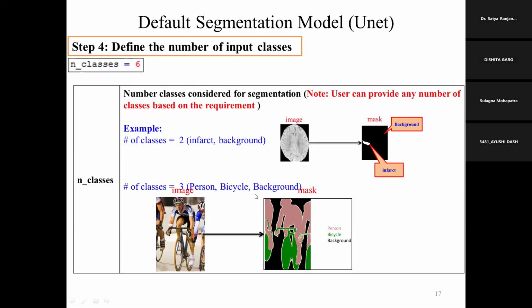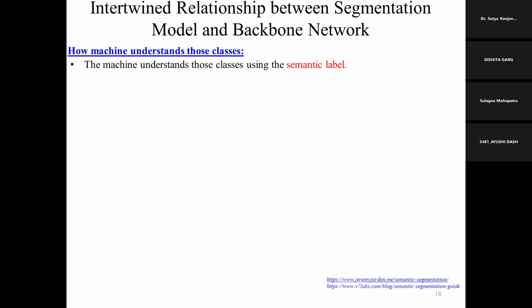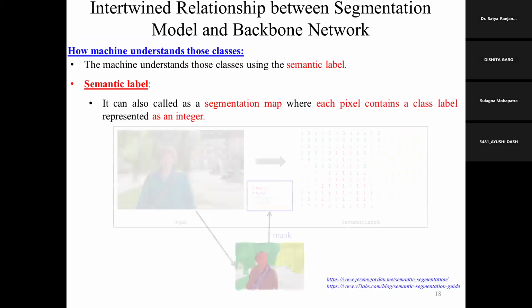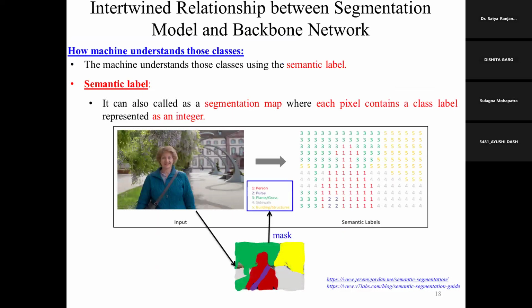So total class is 3. The number of classes is very important, you need to specify. Then if you keep 1 class, 2 class, 3 class, how will the machine actually learn? One student asked me, so I have added these slides for that: how the machine will learn based on your segmentation,